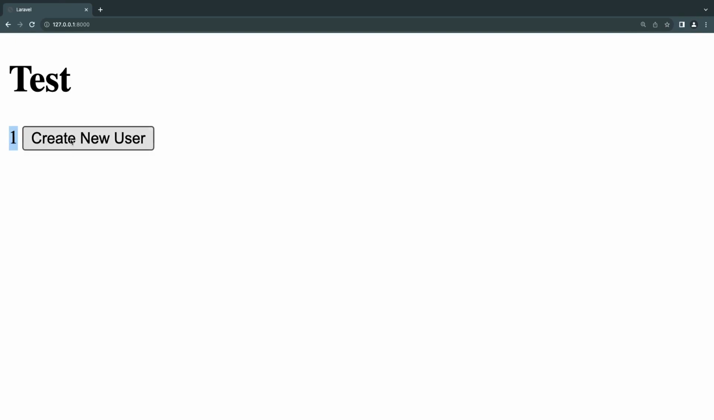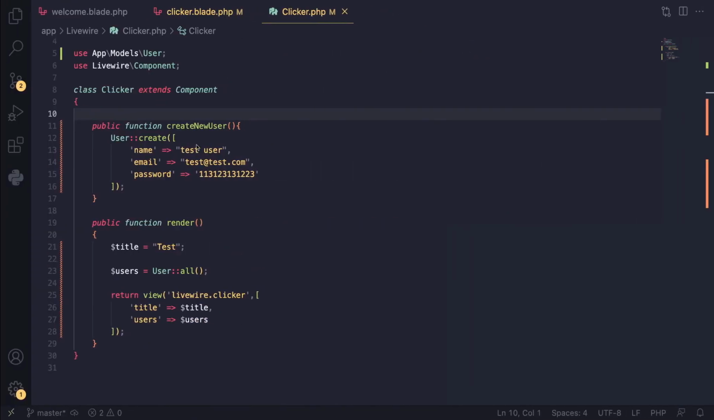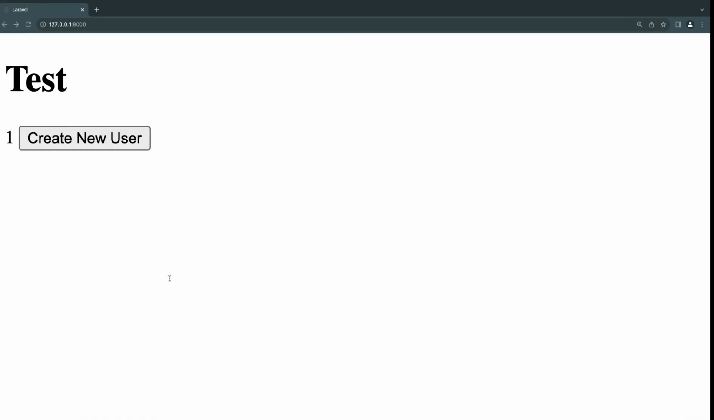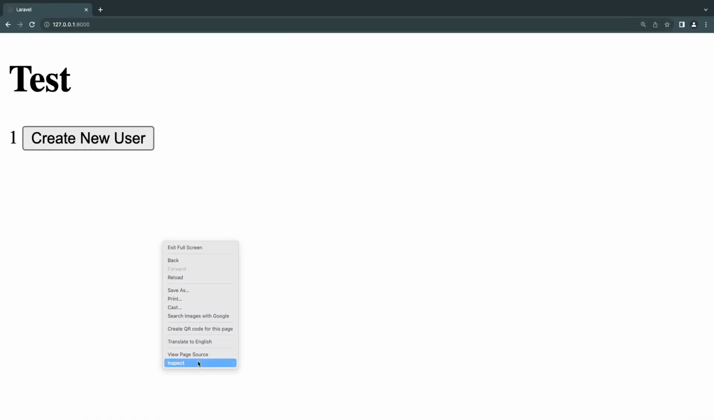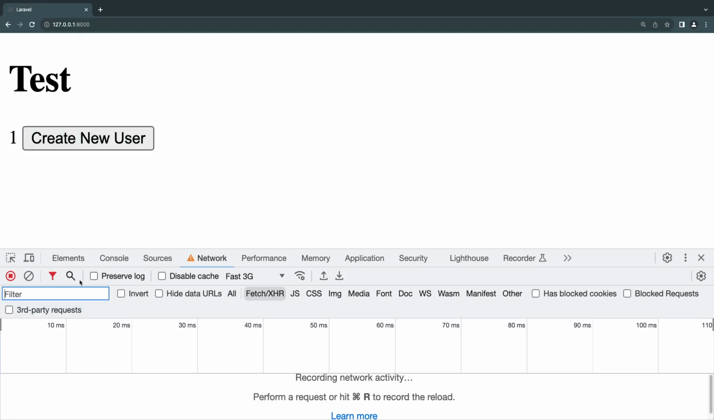So what happened is when I clicked on this button, we sent a request to our server in the background using an AJAX request, and it executed this create user, right? So right now I'll remove it, or maybe I change this to test user number 2, so we don't get an error, and we can actually go ahead and take a look at the network request. Okay, so I'll click,